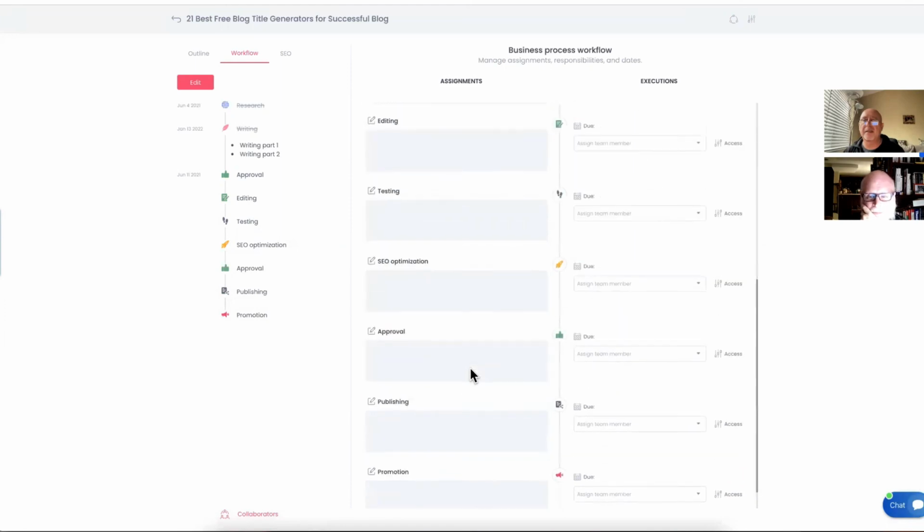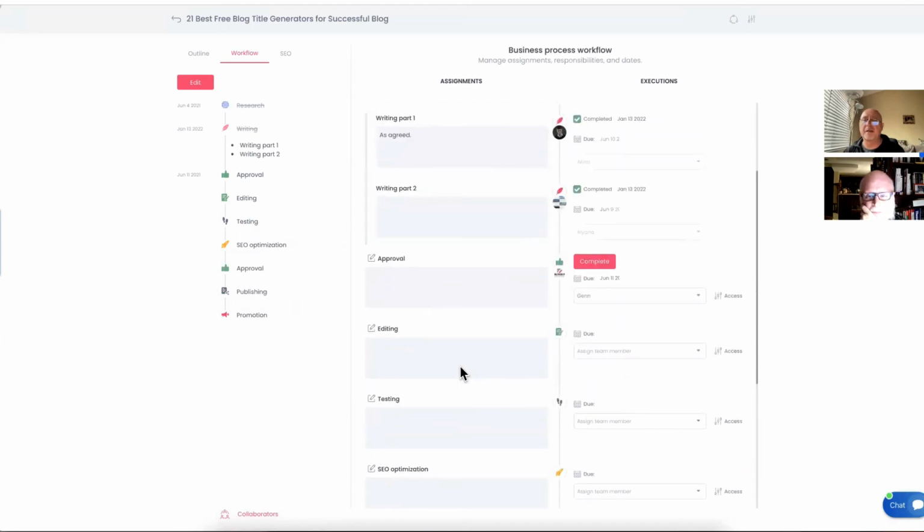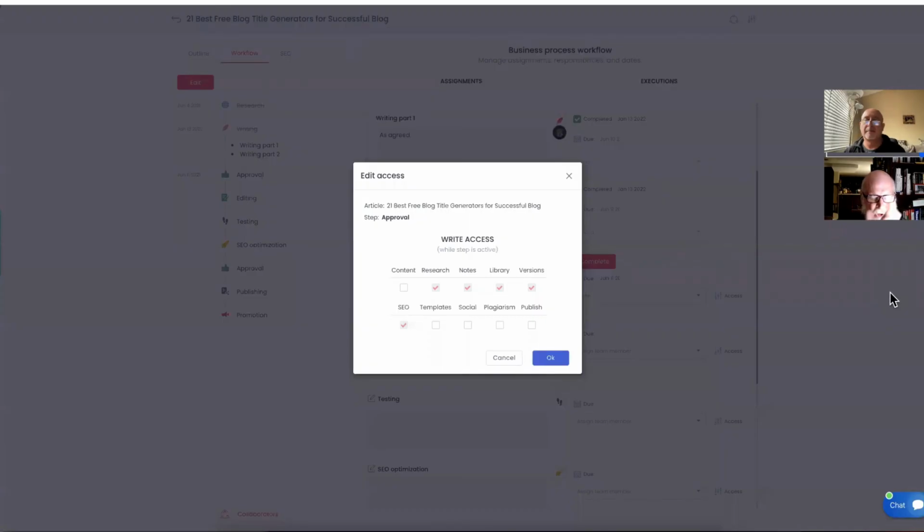Another question is, off the top of your memory, what access can I control for each team member? When you click on the access over there, there were 10 check boxes that you could use to provide access. Yes, that one. Okay, good. What happens if I remove the SEO access here? Then I can't access the SEO functionality. What will happen on the view? Will you see the SEO tab?